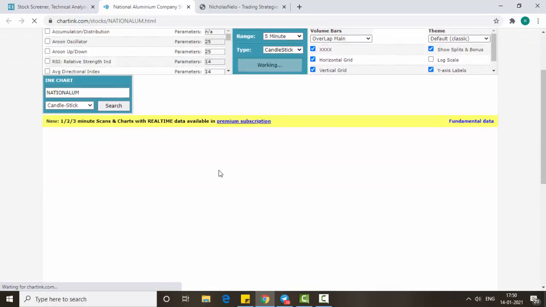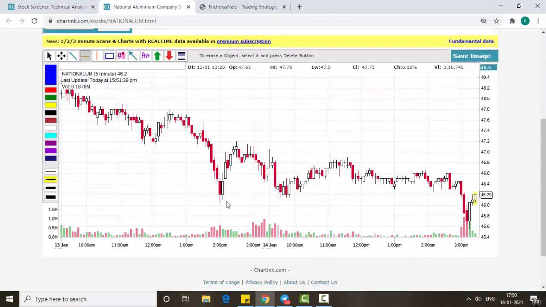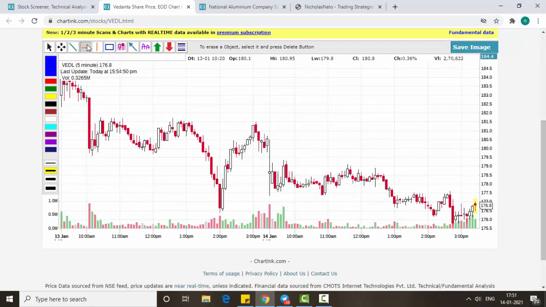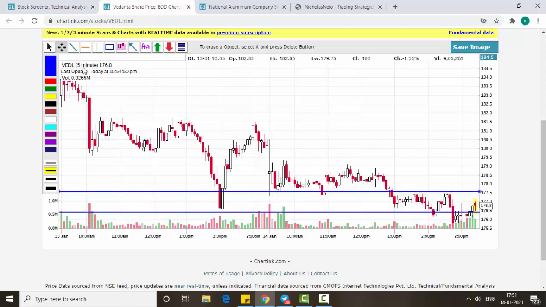And the second stock is National. This is the previous day low. So now this is a breakout failure. Now you can see it's trying to reclimb back. So we can take a buy here and place stop loss below the recent low. The last one is Vedanta. Vedanta also you can see is showing a reclimb. So we can take a buy here and place stop loss just below the recent low. And target you can place at the next resistance level. Here is the next resistance and this one. These are the two levels you can place as a target.